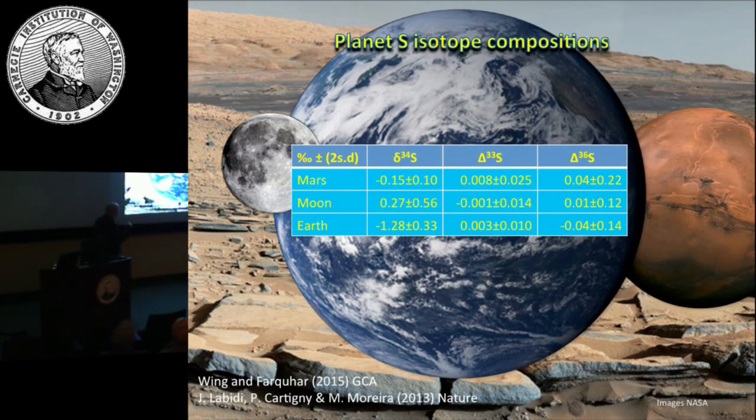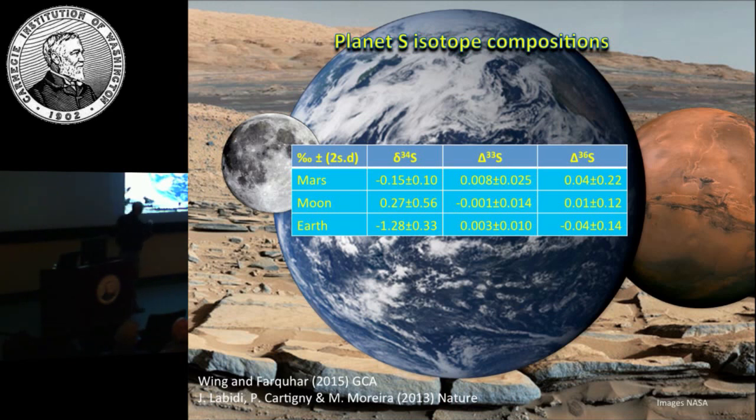And so we have these data on Mars. We also have some data on lunar samples. We've improved our capabilities, and we have another project that's soon to start, where we should be able to constrain these even better. And then these are Gibran Labidi's work before he came to Carnegie from Paris, where he studied terrestrial basalts and made estimates on the basis of sulfur isotopic compositions and relationships to strontium and neodymium to project back to what the primitive compositions would be.